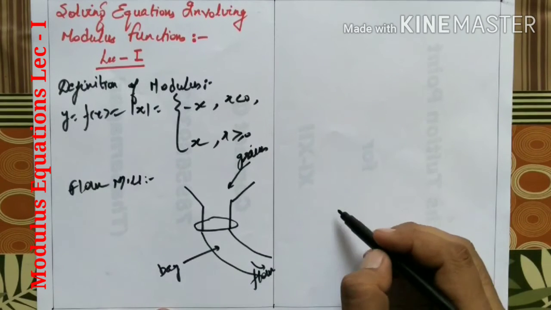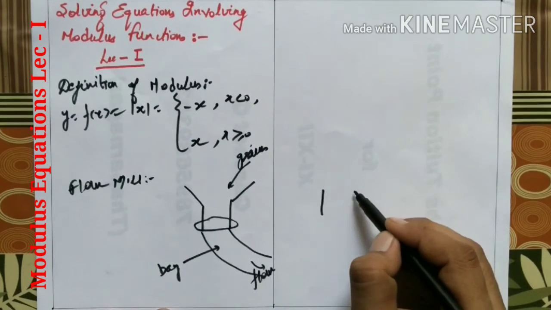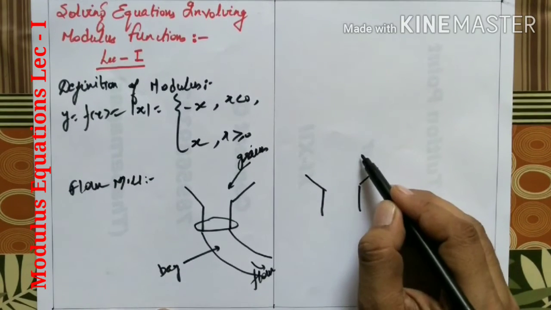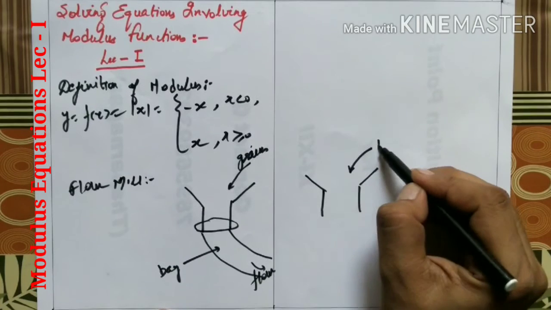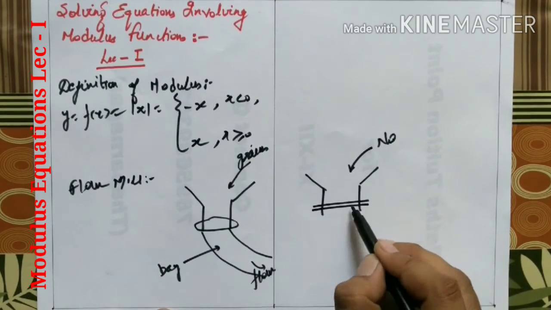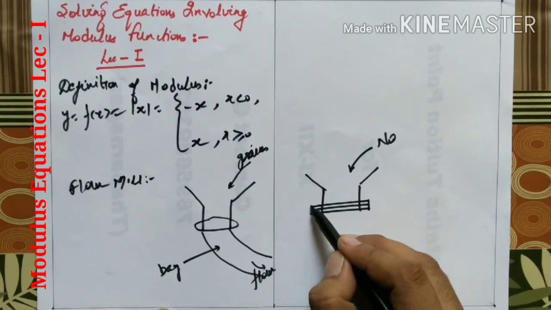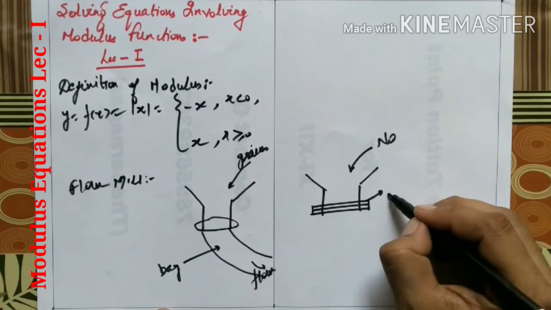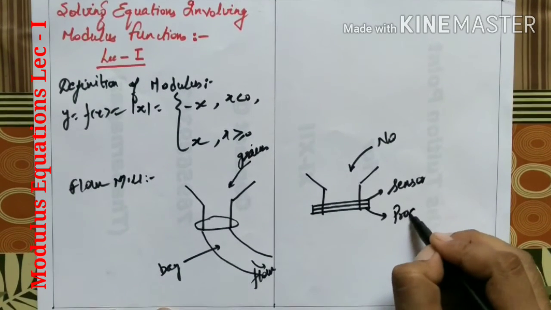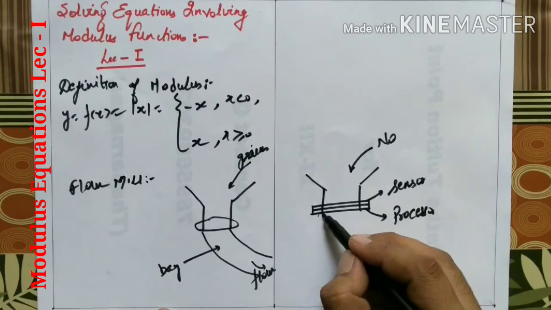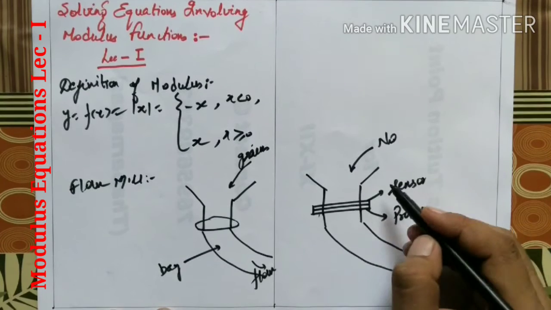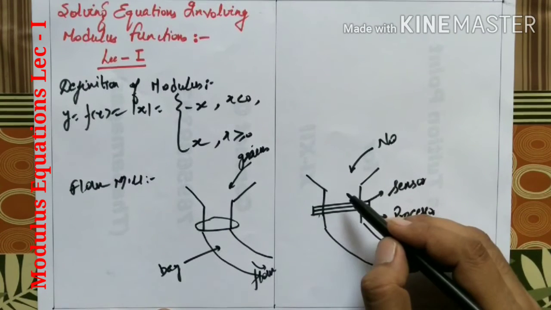So it is the same case. Suppose the two vertical lines of modulus. This is the funnel. Let me make a funnel over here, and instead of grains we input a number over here, and you can say that there is a device over here. This upper part represents the sensor, and the lower part represents the processor. And suppose there is a bag over here. Now what is the function of this machine called modulus?